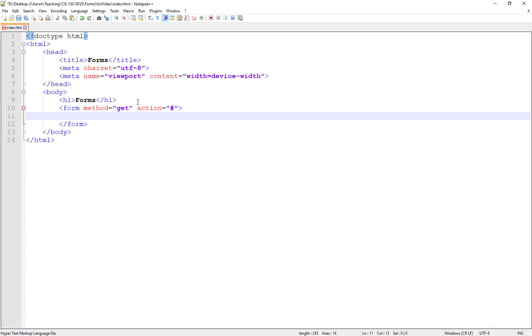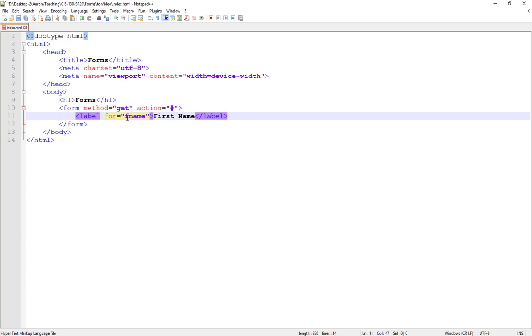Now inside of your form element, you're going to have a number of different elements: field sets, legends, labels, all kinds of different things depending on what you need to ask of your users. So just so that we can look at a few things, I'm going to add in a label element and an input element so that we can see some of the differences of the get and post methods that we could use. So label for fname,